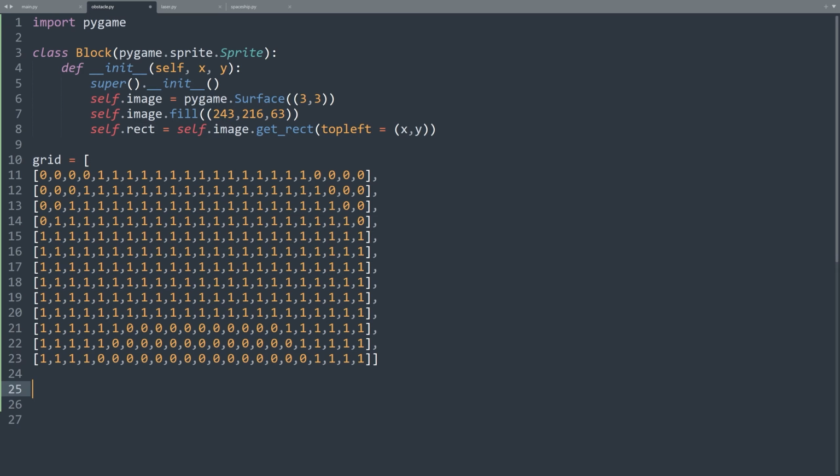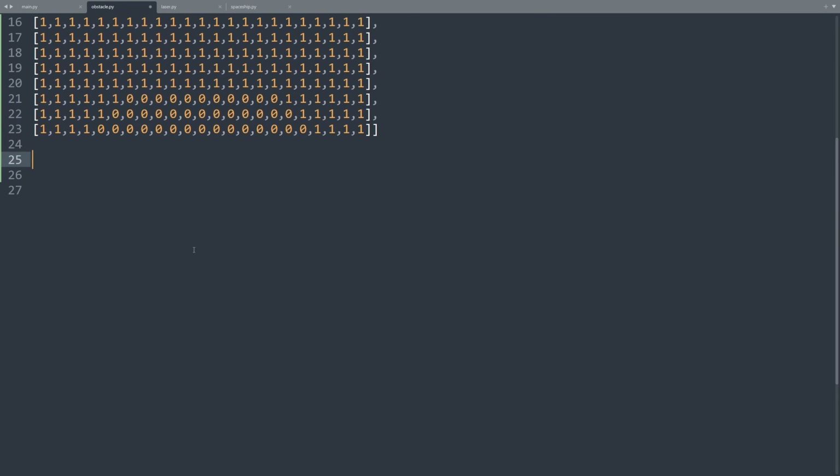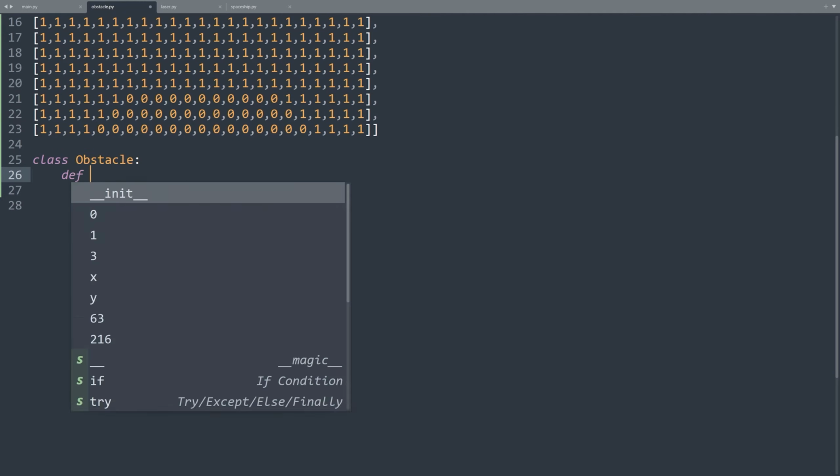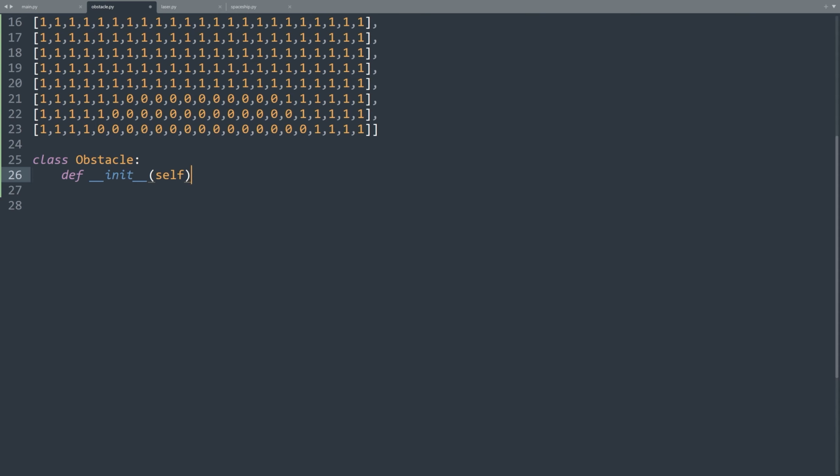Next, let's create an obstacle class. Unlike other classes, this one won't inherit from the sprite class. It will simply serve as a container for multiple blocks. class Obstacle: def __init__(self): Inside the init method, we will set up an attribute called blocks_group to store all the individual blocks within this obstacle. This attribute will be a group. It will help us draw all the blocks at once. self.blocks_group =